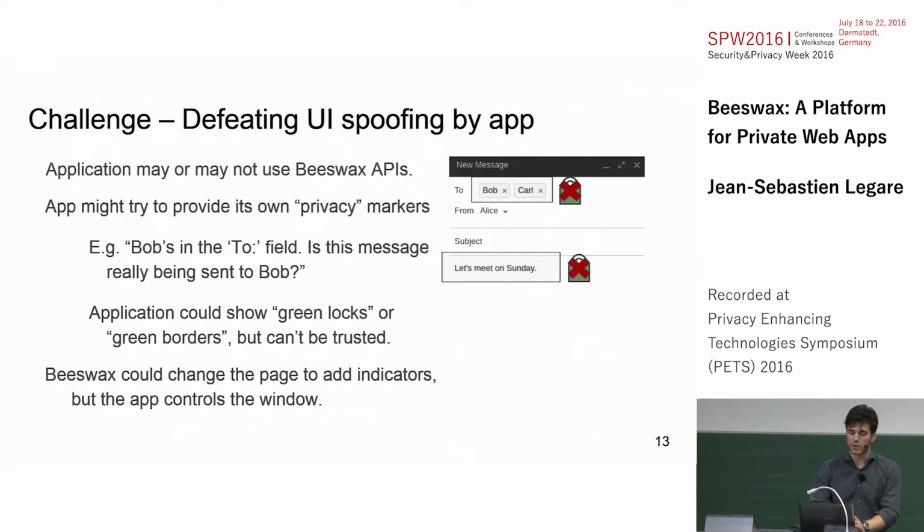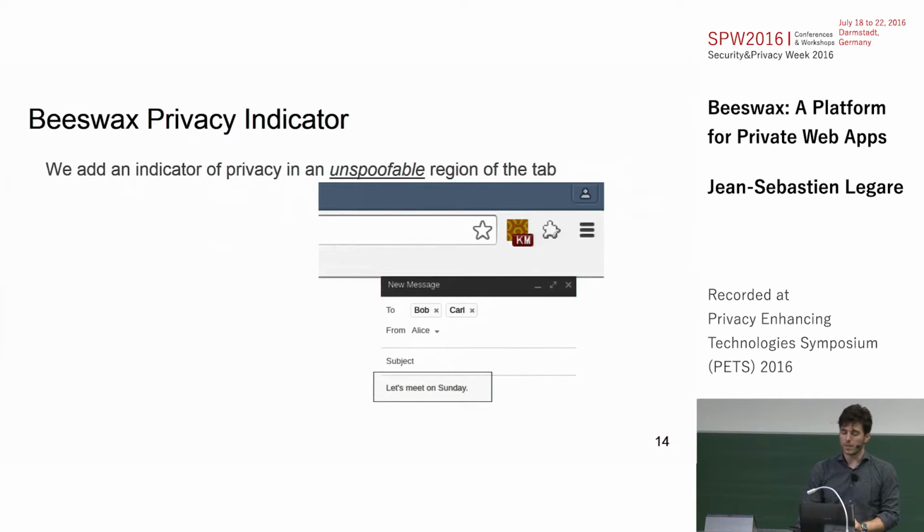So what we do in Beeswax is that we have a privacy indicator that comes with the extension, and it's displayed in the part of the browser that the applications can't spoof. It's displayed next to the address bar, and there's no way for an application to draw outside its boundaries, and there's no way for pop-ups to fake that area as well.